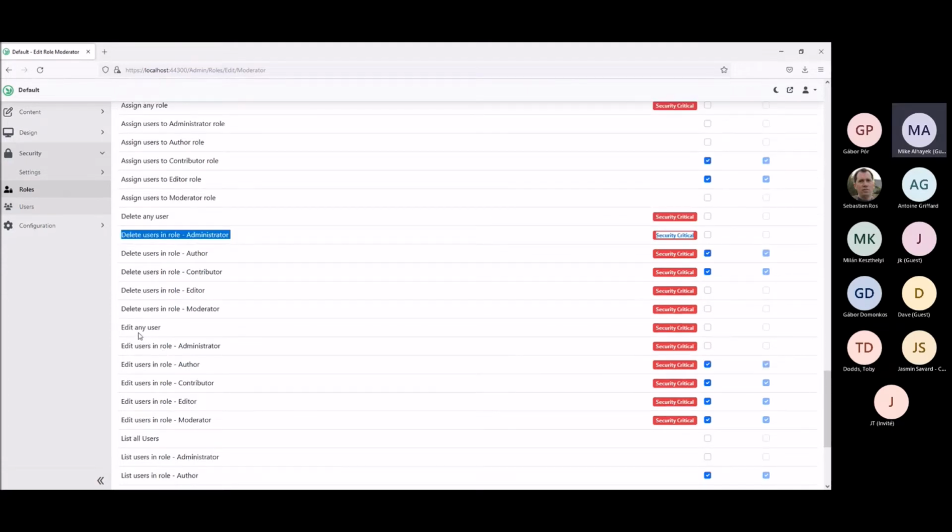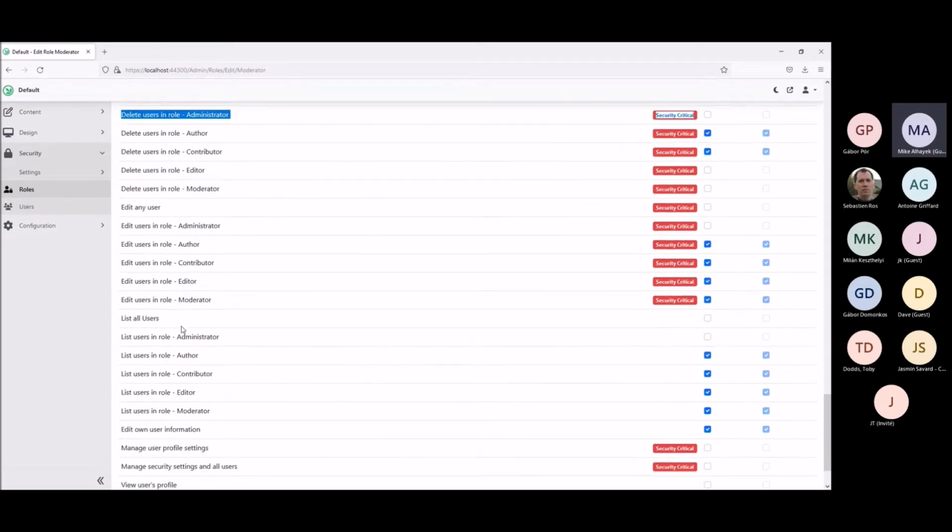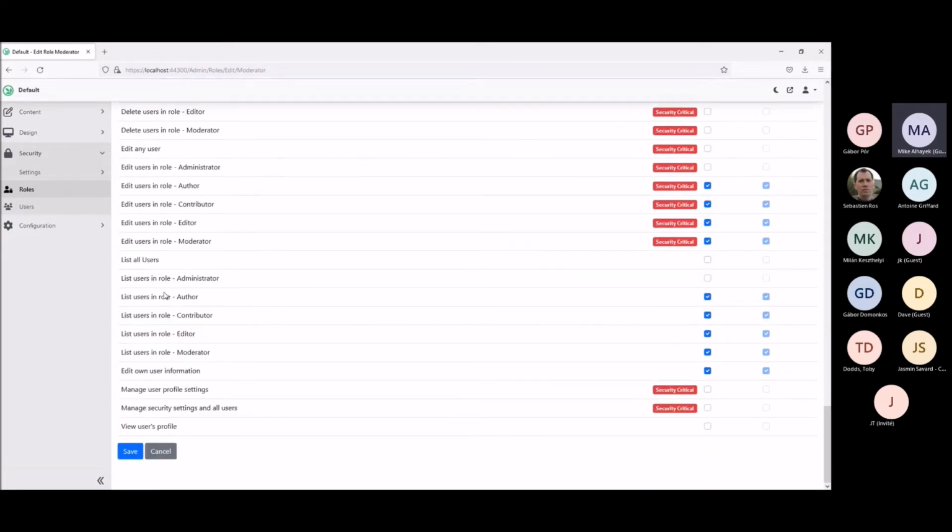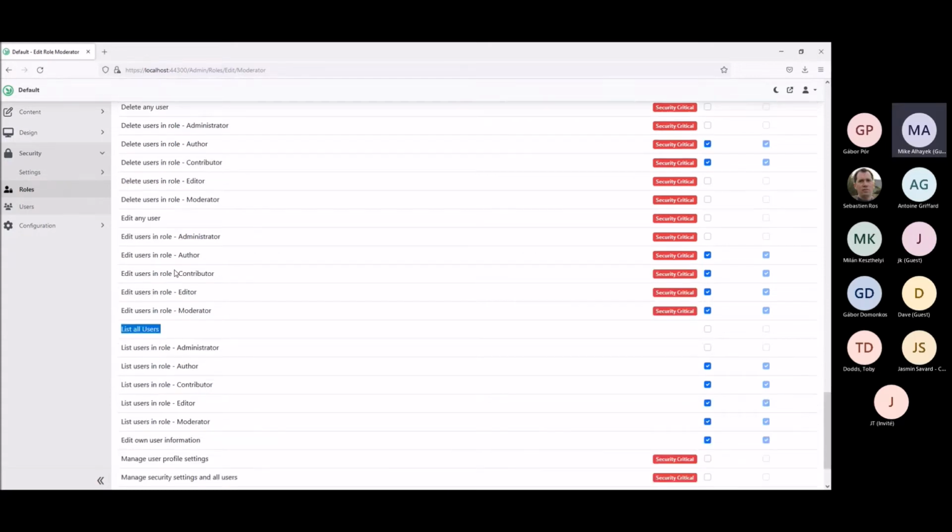Same thing for edit user, edit any user or edit users within a specific role. Same thing for list. So now you can say, I want you to be able to list all the users, but it doesn't mean you're going to be able to edit all the users. That just means that you can list them, right? And same thing, you can say I want to list all the users in a specific role. So you can see the users, but at this point you can't really do anything.